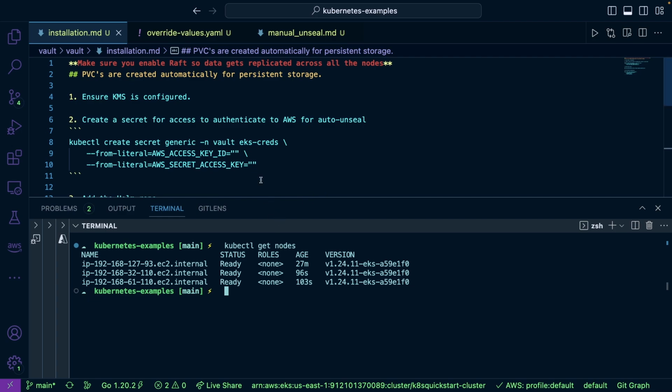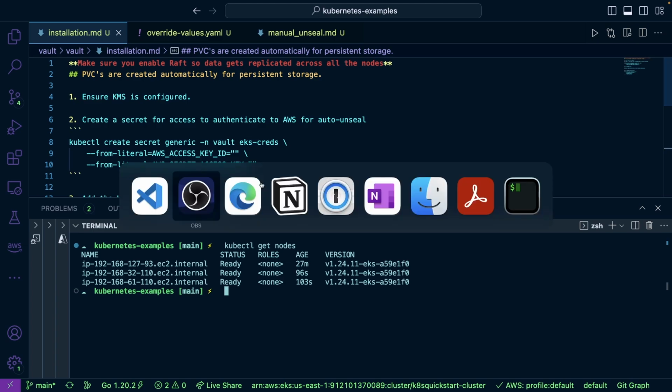So, first things first, what we're going to want to do is we essentially want to have two things here. We want the ability to auto unseal, because if we have high availability, that means that Vault is running on multiple pods. So we don't want to have to go in and unseal all of those pods. It would be a pain in the butt. So instead, we're going to have auto unseal turned on. Now to do that,